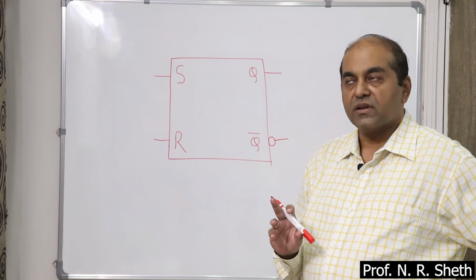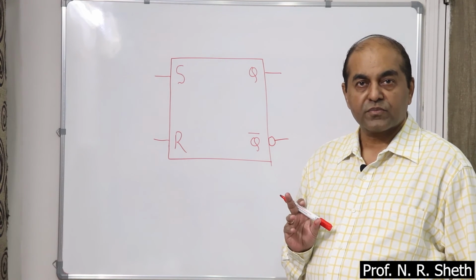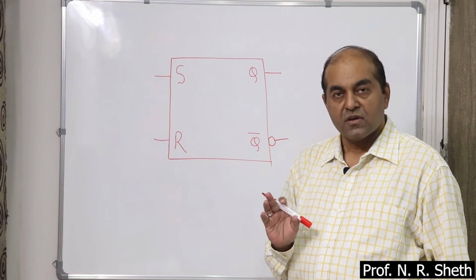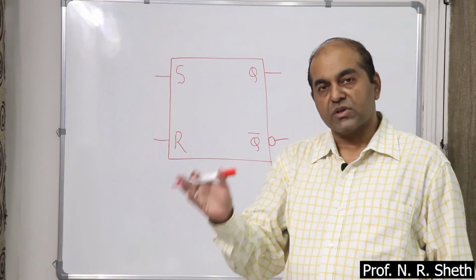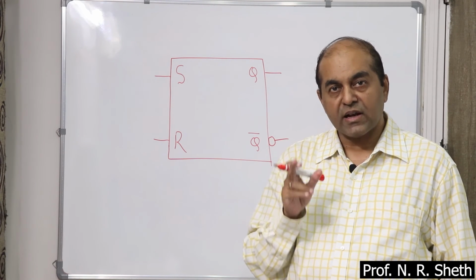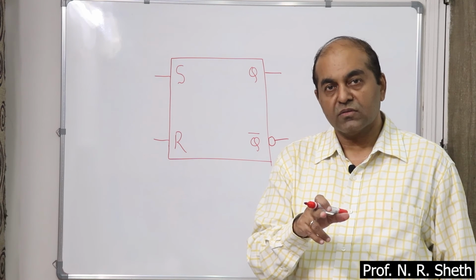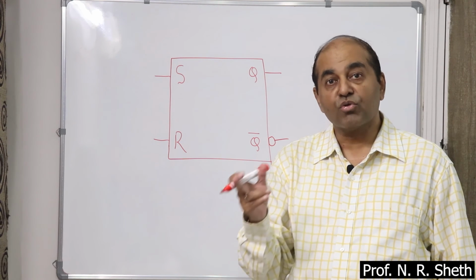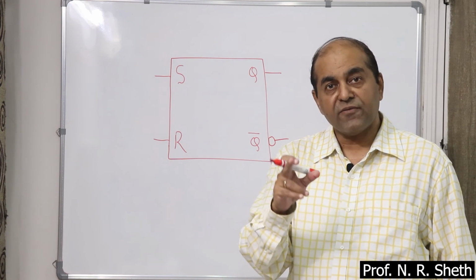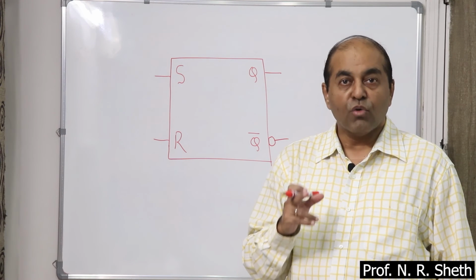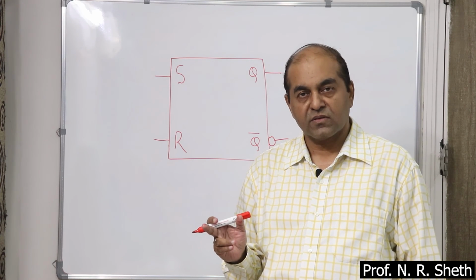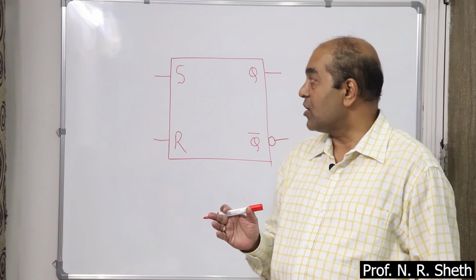So you have to understand, we are discussing the RS flip-flop in which Q follows the action of S. S is 0, Q is 0. S is 1, Q is 1. S and R both 0 is the no change condition, where the flip-flop retains the last state. And if S and R both are high, it is a forbidden, invalid state. So this is about the RS flip-flop.